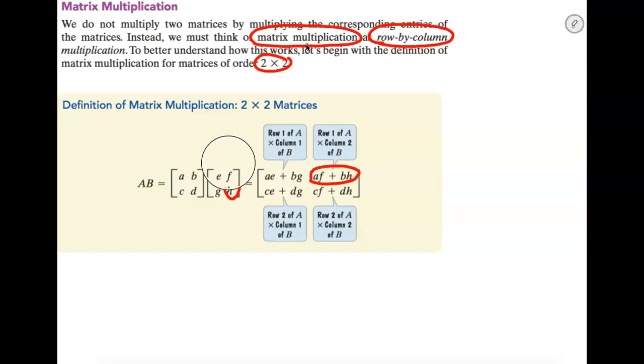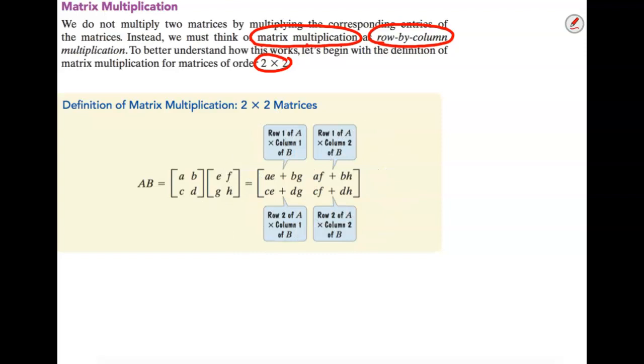And this might make more sense once we get into our first example. Then you go down to row 2, multiply by column 1, and then add those elements together to get an element. And then our last one, row 2 by column 2, and get one element. All right, so